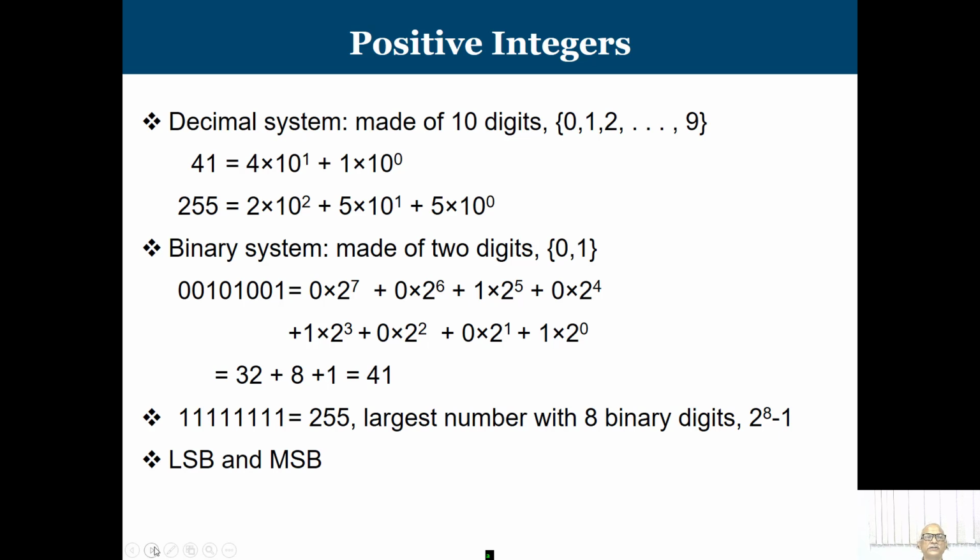We talk about the decimal number system. We know if 41, how we are going to evaluate it, like 255, but in the binary number system we use only 2 symbols. In the decimal number system, we use 10 symbols. So this is the base of the system. If the base of the system is R, or we say radix, then we need R different symbols. So in the binary number system, the base is 2, so we need 2 symbols, and these 2 symbols are 0 and 1.